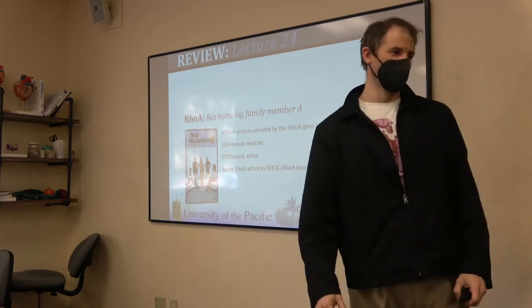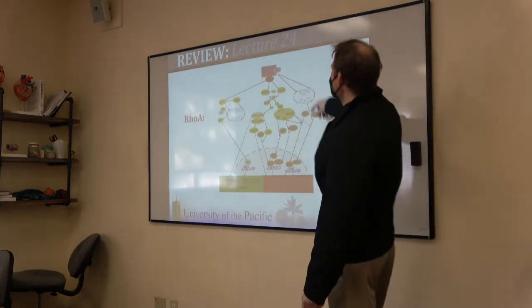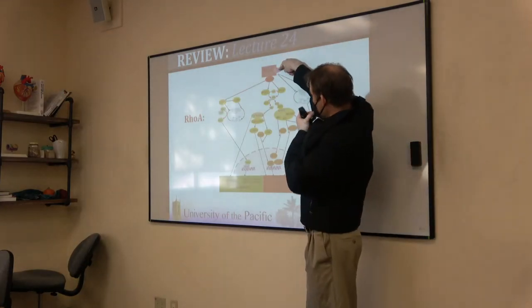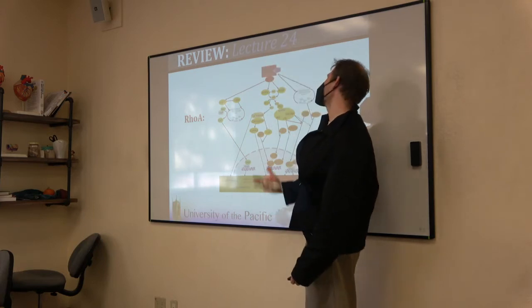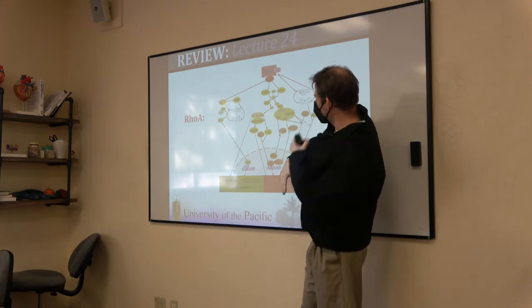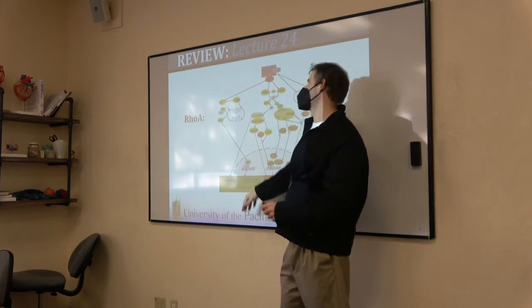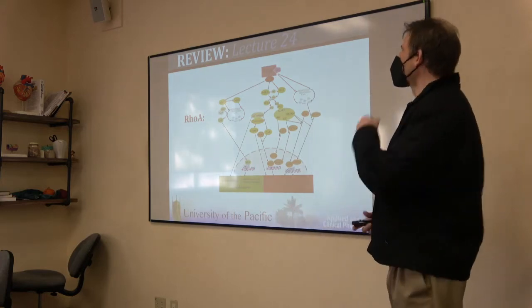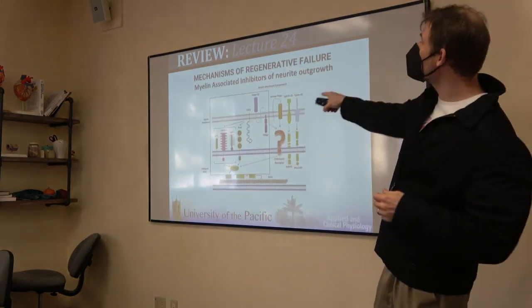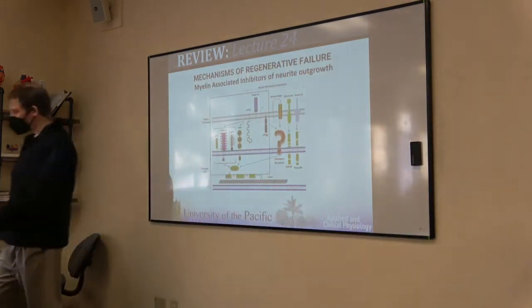What does a kinase do? Phosphorylate stuff. It's going to phosphorylate a bunch of stuff. So there's Rho A with GTP bound. There's ROCK, and you're going to recognize some of this stuff. Now this is in the heart: PI3K, MAPK, calcium calmodulin. You recognize some of this stuff in the signaling, some of this Rho A ROCK stuff. Now this is from Travis's slides. I did a screenshot of Travis's slides.